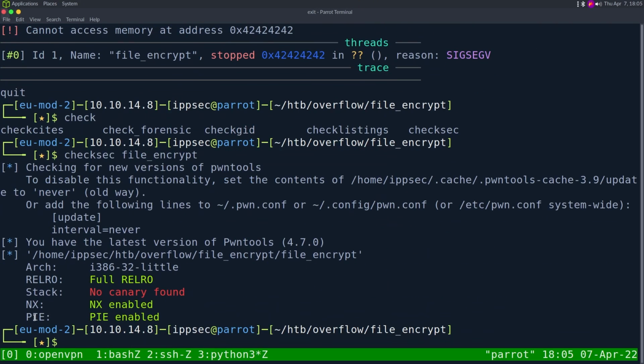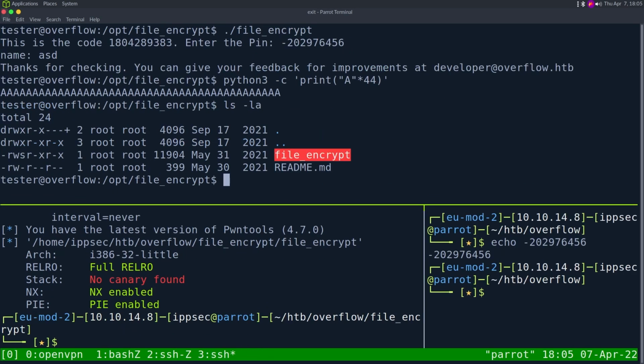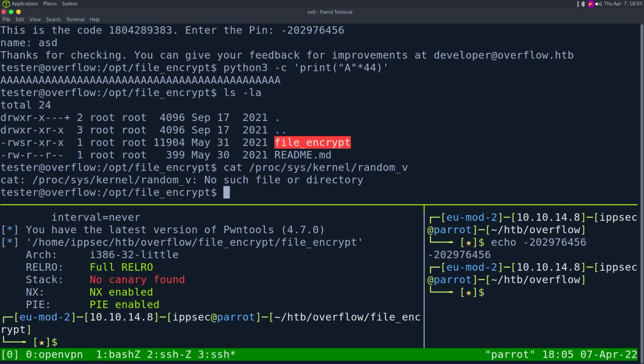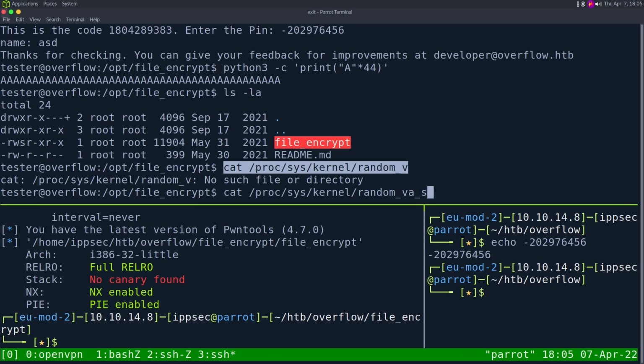Because it does have PIE, which would be randomization of memory addresses. But we can check the actual host. If I cat /proc/sys/kernel/randomize_va_space, this is going to check if ASLR is on the system. And if ASLR is not on, the memory address is going to be the same every time we run it. So